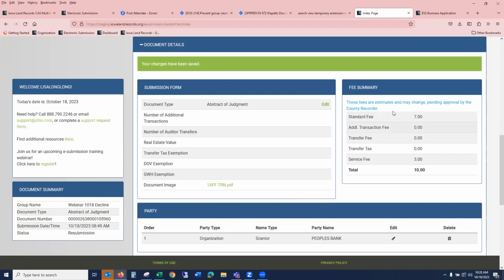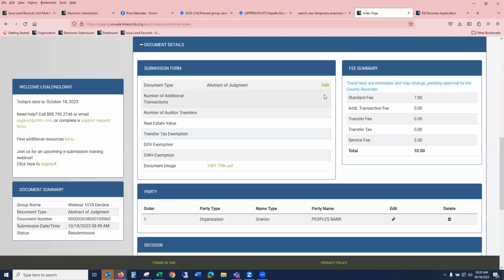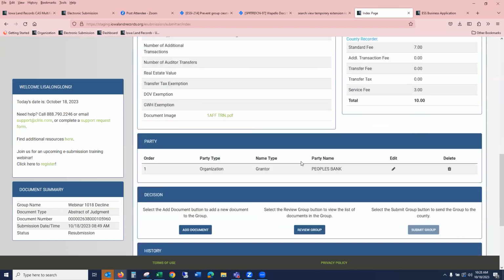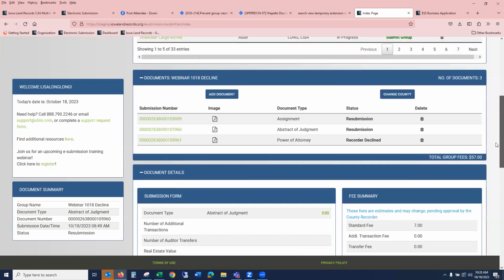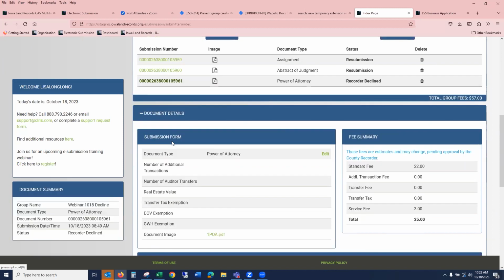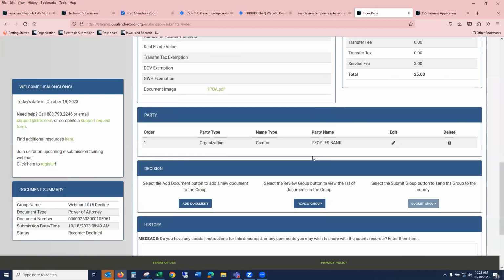The fees update if you change the number of pages. If you change the document type here, that would update as well. But if everything looks good, now the status on that one is resubmission. And we've still got this one, this power of attorney. So click on the submission number. Remember, you've got the email, but you can come down here